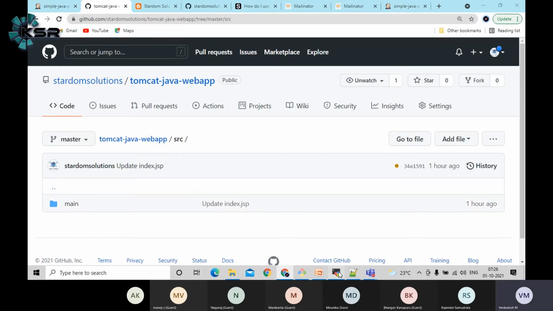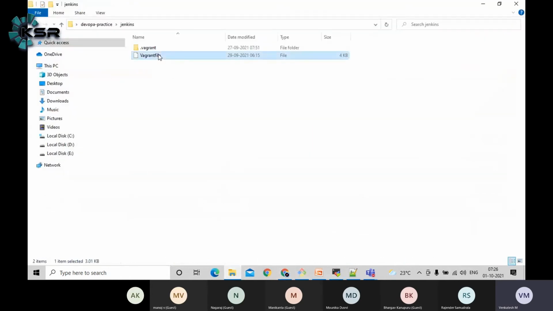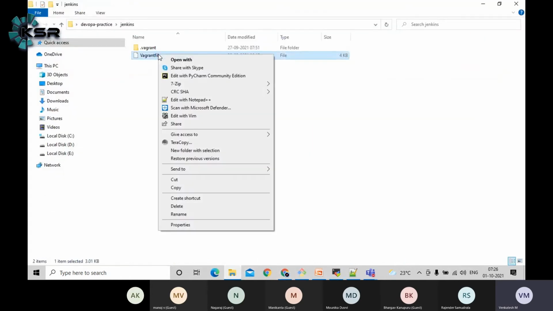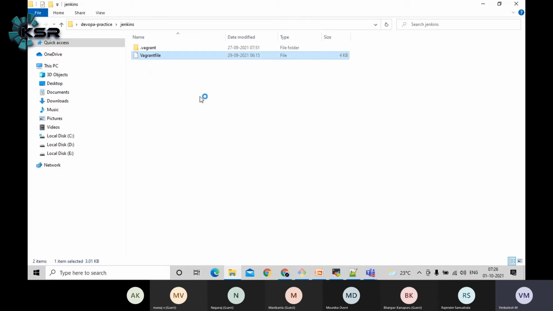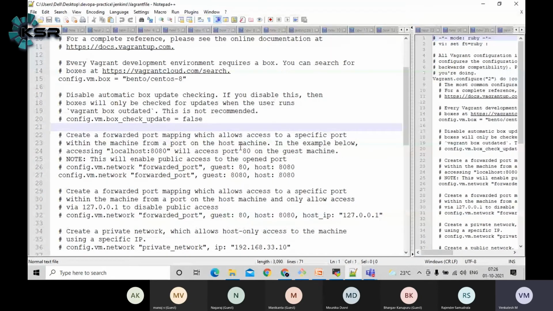Before doing that, we need to alter some settings, guys. Here we have the Vagrant file. The memory parameters may not be enough for the two currently. Jenkins I am also running on a single VM. If I run SonarQube in the same VM, there may be some CPU or memory related concerns. That's why I'm going to alter the memory configuration.